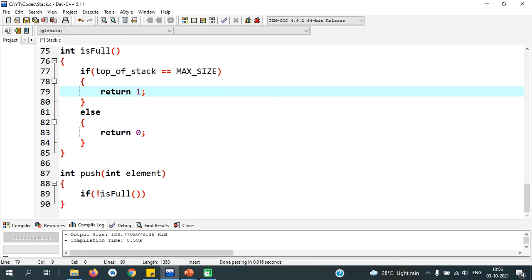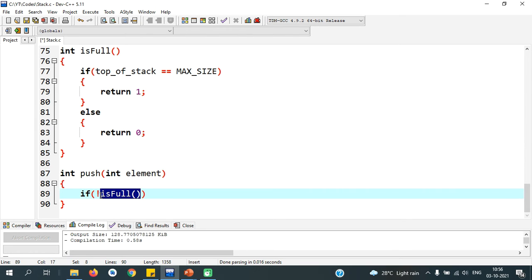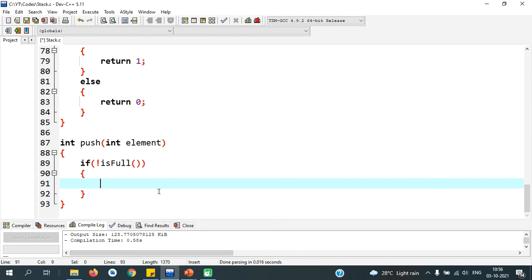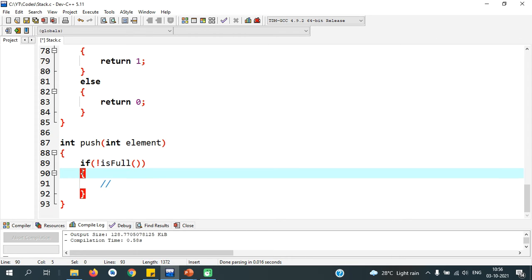So imagine the stack is full, so it is returning value 1. Not operation with 1 will give you 0. So which means if the stack is full, this part of the if statement will not execute. I mean, the if statement will become false and this if part will not execute.